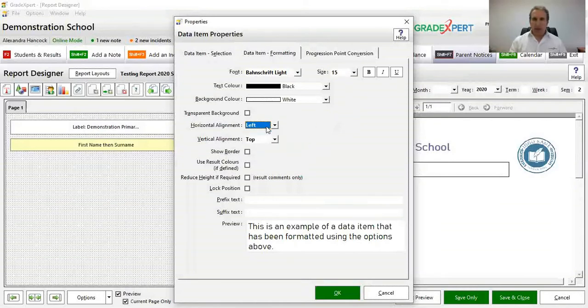There you can see your alignments can be left, centered or right, and you can adjust the vertical alignment as well. But at this point, I actually want to put in some prefix text. You can put in prefix or suffix text, and this text will be shown either before or after the data value that's pulled out. Now, in this case, we're pulling out the student's name. So we want to put a prefix of the text that says student. So it will say student: